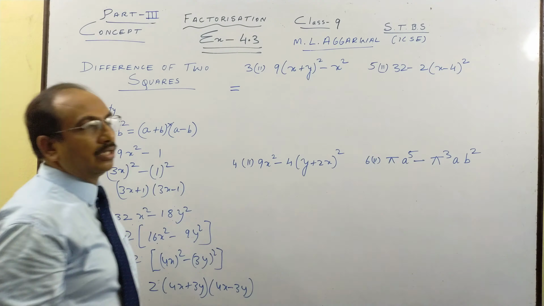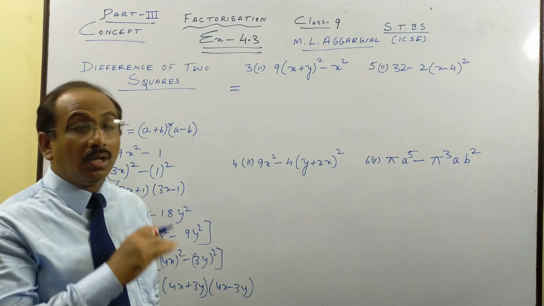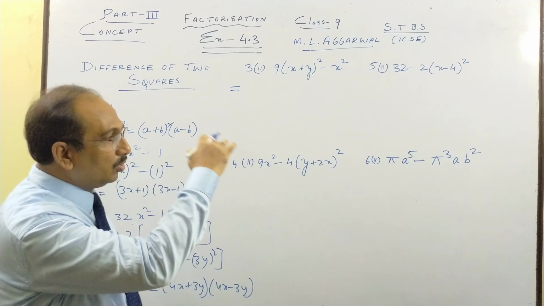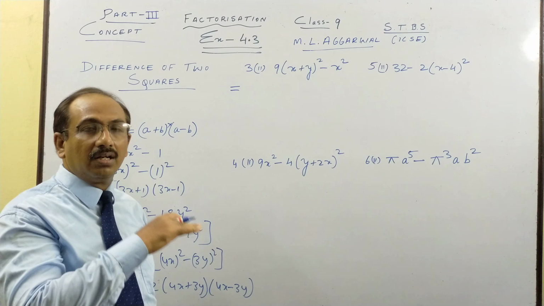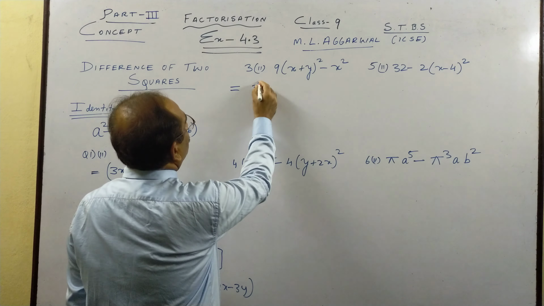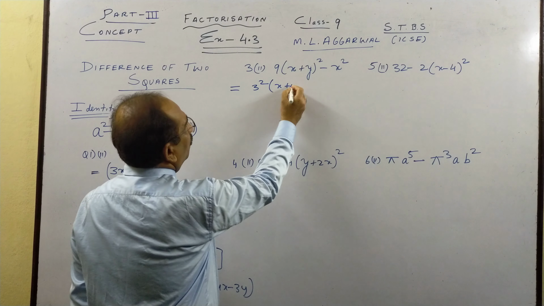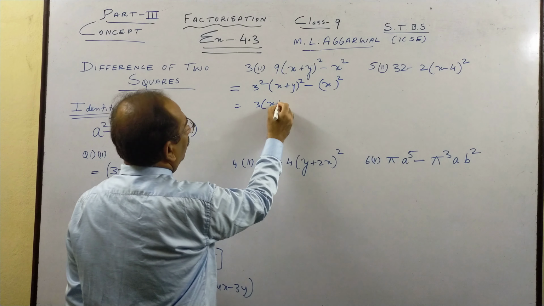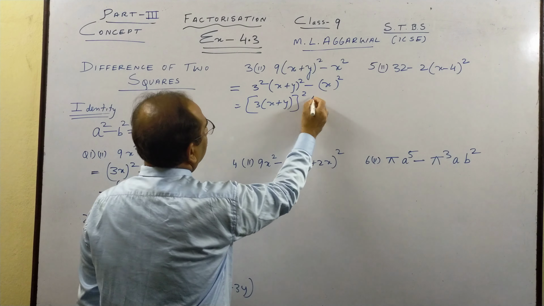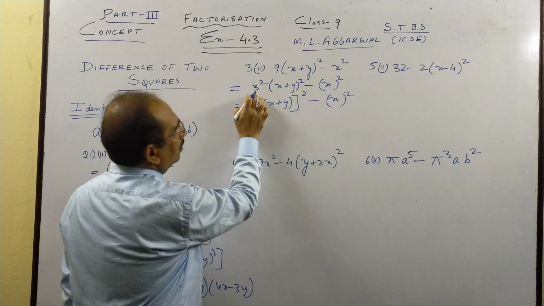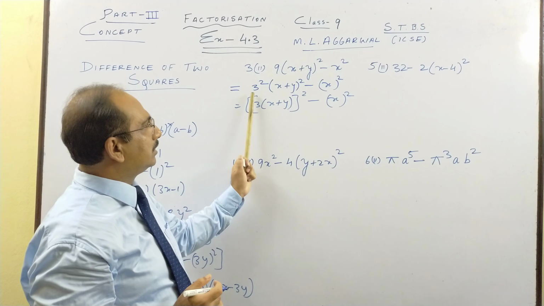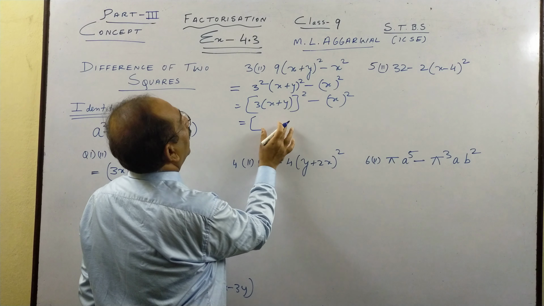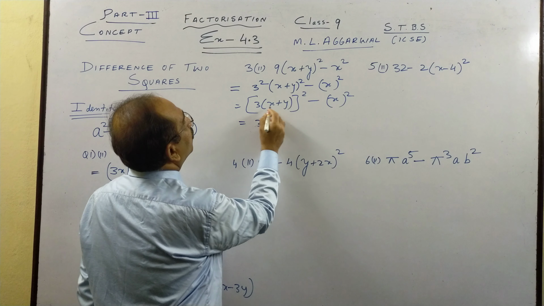Here we come to little difficult. This chapter you had in class 8 also, but its difficulty level was less. Here you are in class 9, so slowly as we go, you will see the difficulty level will go on increasing. So what I teach you, children, I take 3 squares, see how we do. You need to practice. This 3 will go inside, and so square I can take common. This you learn from indices. A square b square is ab whole square. Now this 3 I can, using small bracket only, I put it inside.